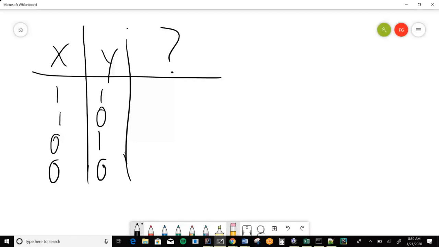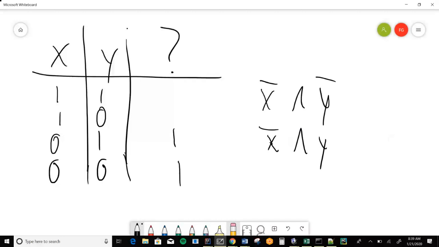You can think of each row of the truth table as being expressible with and not. Here's what I mean. Let's imagine I'm demanding a 1 over here in the third row. I can express this as not x and y. Let's imagine I want a 1 in this row. I can express that as not x and not y. Now let's imagine I've got zeros up here. I just pretend they don't exist because they're zeros and they don't.